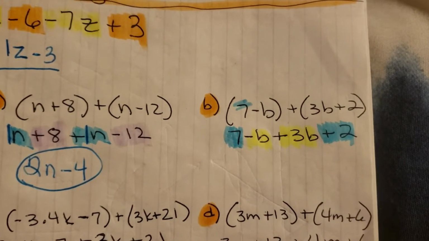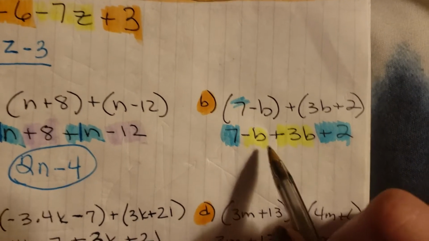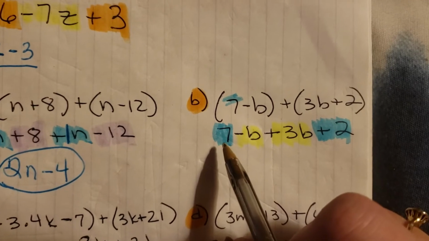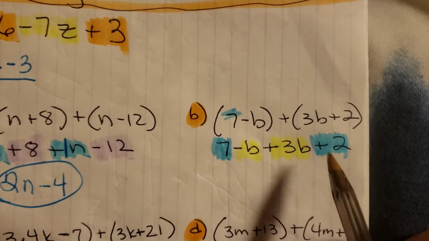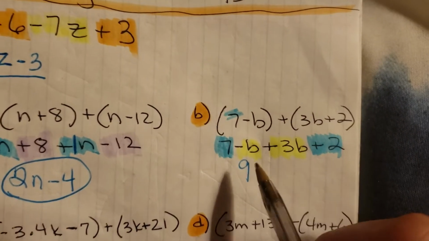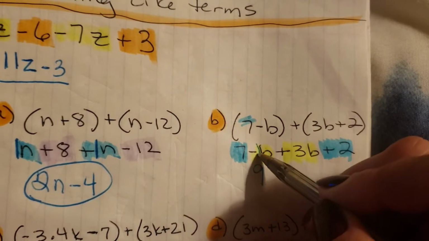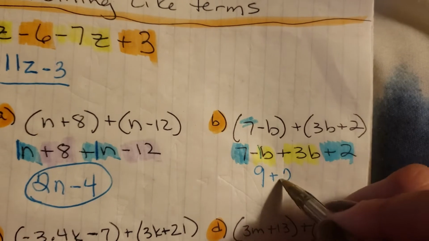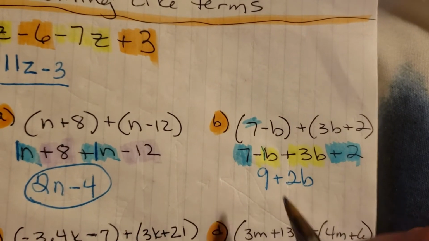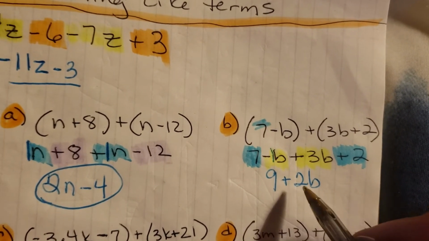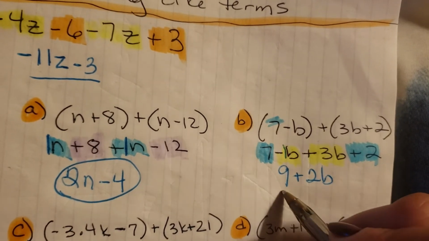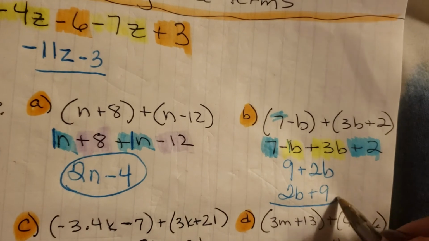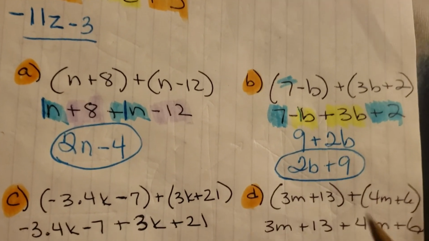So let's go ahead and combine. So I always start with my variables. You don't have to because the 7 is first. So I'm going to go ahead and write it. But 7 plus 2 gets you 9. And a negative, and remember this is negative 1b plus 3b is a positive 2b. Now you can leave your simplified answer like that, but you can also use the commutative property and switch places and rewrite it as 2b first plus 9. To be honest with you, this is more of the algebraic form